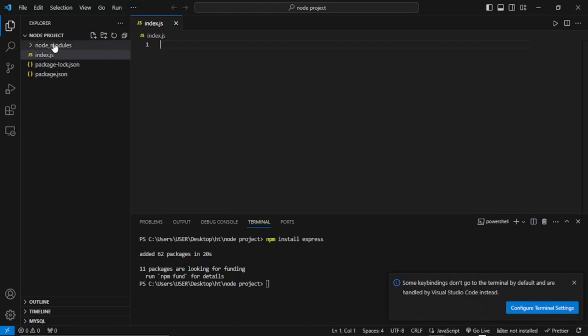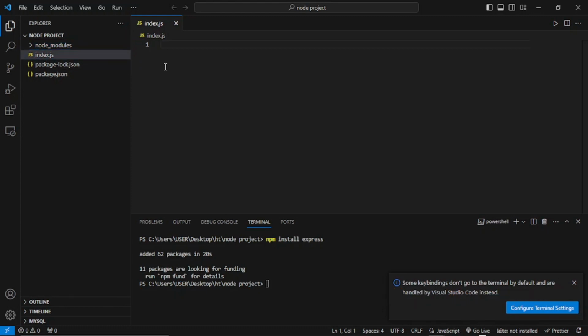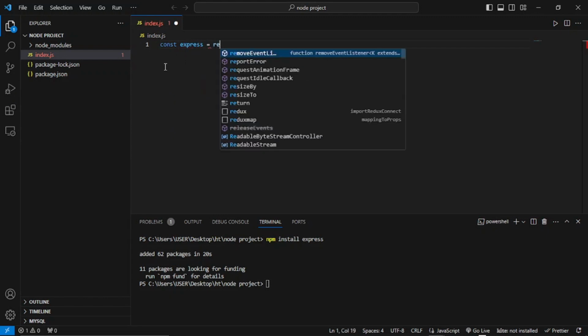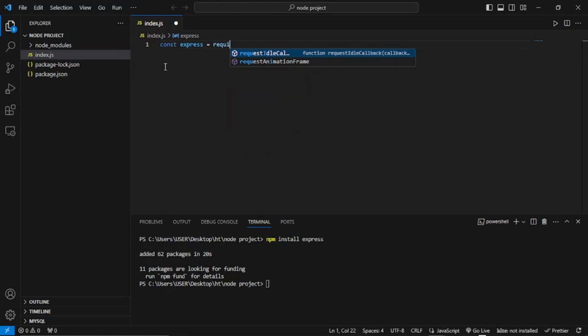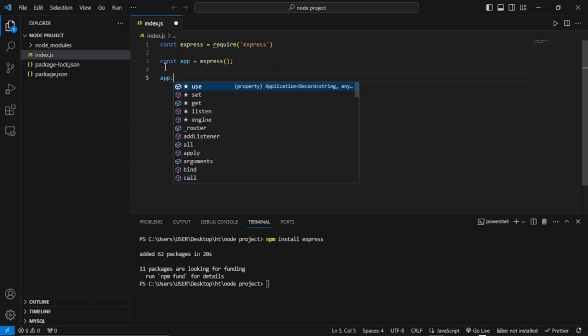So having done so, we can see that we have node_modules containing the modules that we need, and the index.js that I had. So in here I'll call for Express, and I'll call for a class that will reference the Express, and then